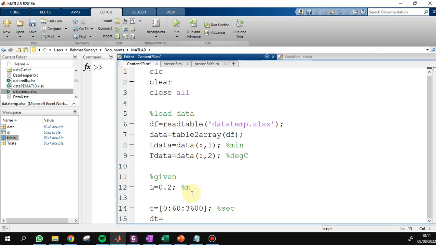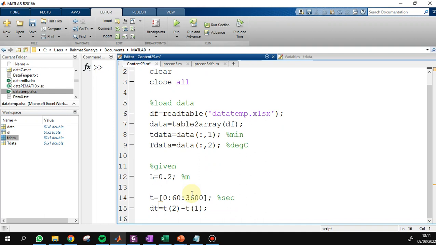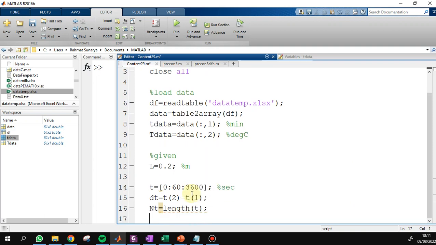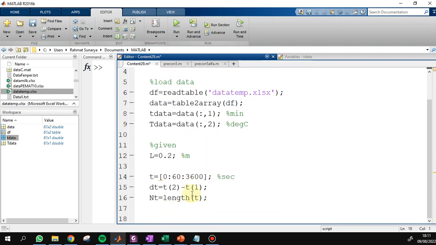Step dt is t2 minus t1, and NT equals the length of t. Then the space, NZ.